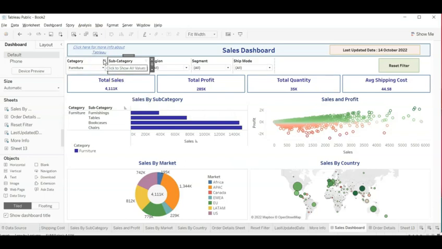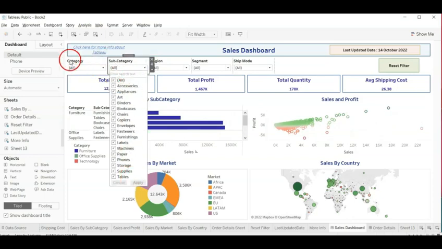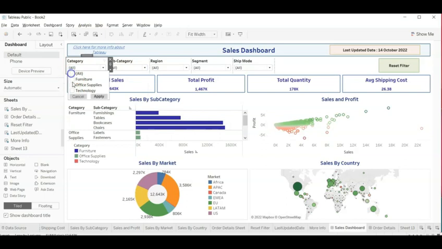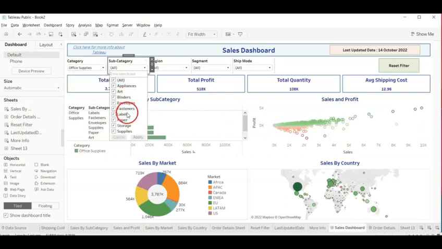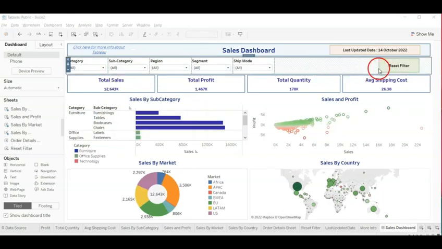Okay, and then if you clear this filter, this is for clearing the filter, that icon. Now we can see all the values. If you see office supply, now it will show only the relevant values. You can see here also what are the values. Okay, something like this. You can clear here. Now let's